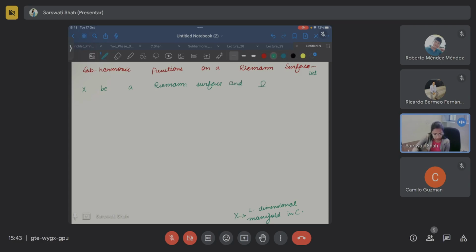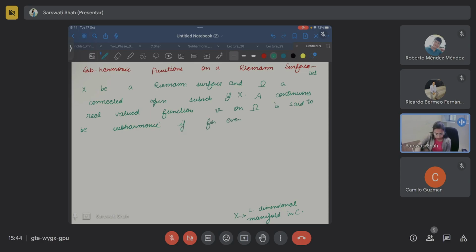And omega a connected open subset of capital X, a continuous real valued function V on omega is said to be subharmonic if for every coordinate